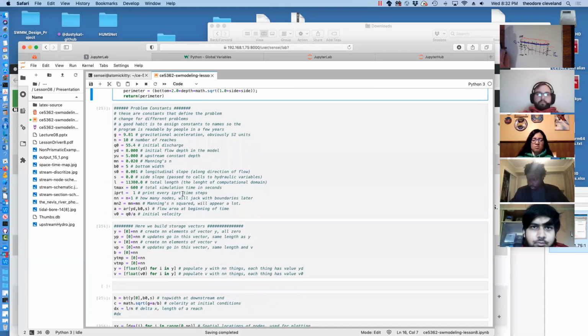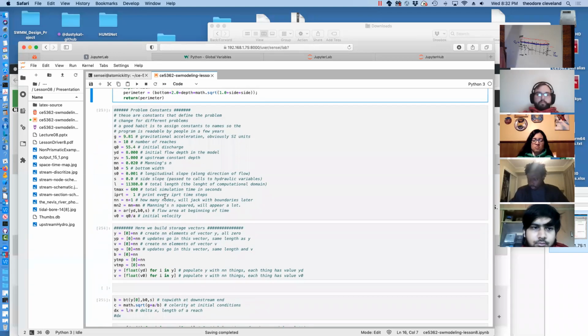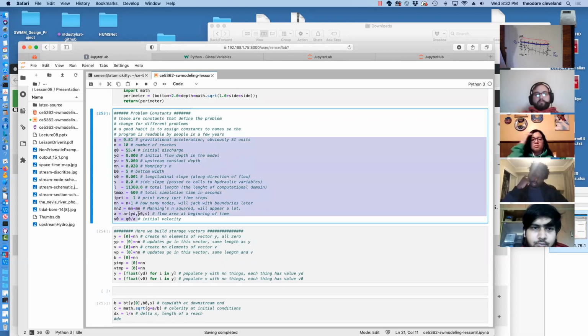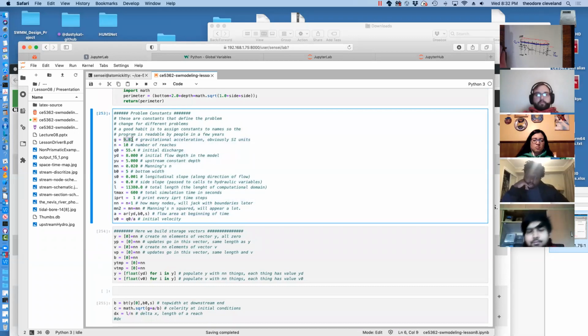And we'll go ahead and create some problem constants. To generalize this script, we won't get to that today, but to make it generalizable, we would be obligated, once we get it working the way we think it works, to hand all of this off to some kind of input file or input interface so that we can change conditions as needed. But for this case, we'll start with